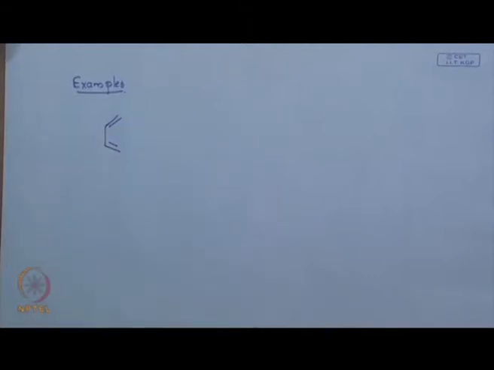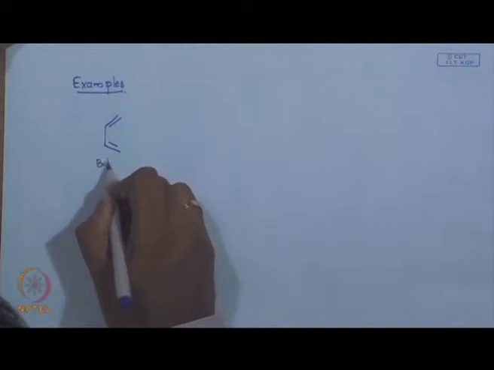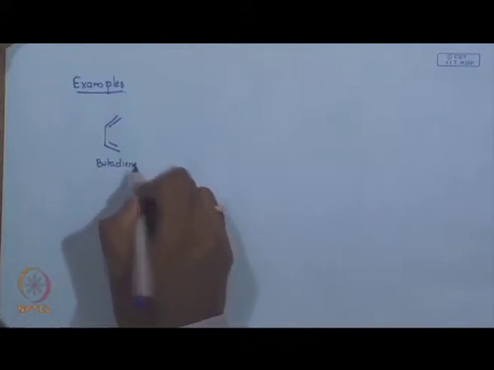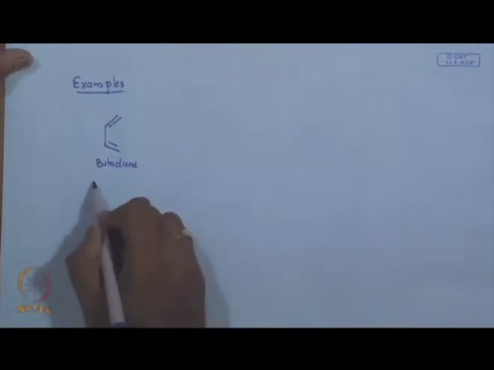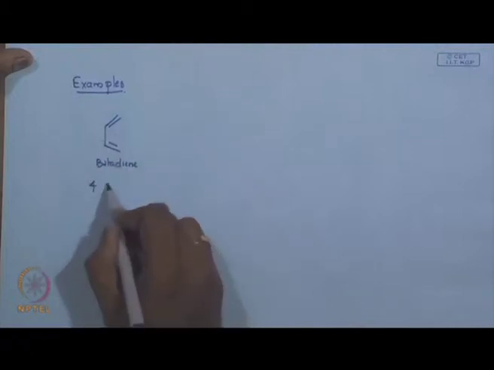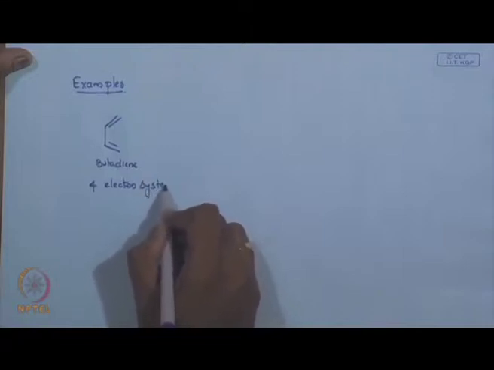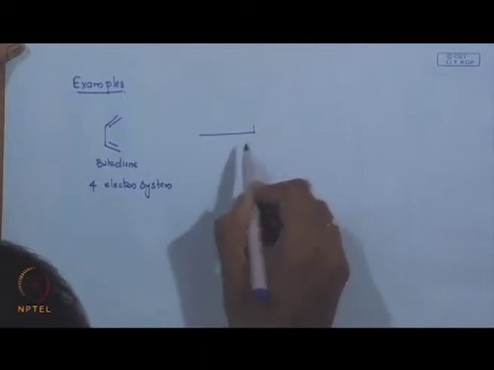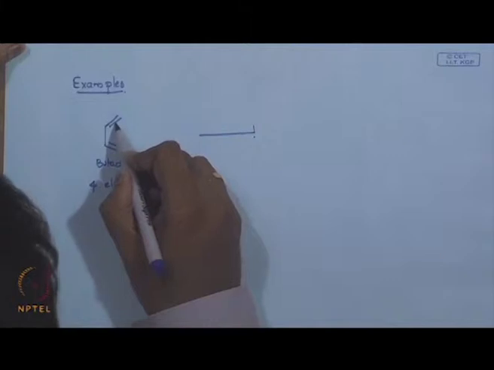So, you have a system. What is this? This is nothing but butadiene. What system is it? Whether it is a 4 electron system or 4n plus 2? Yes, it is a 4 electron system. Fine. So, once you shine light, this can now